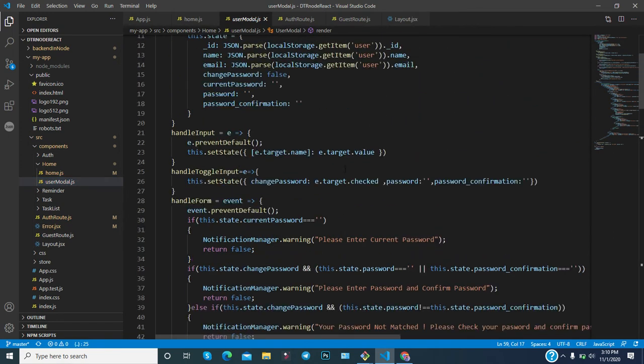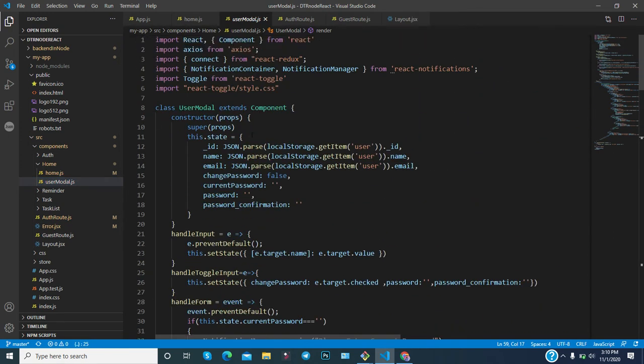Now here you can notice that this is the state. We have defined the state here. This is the class component. So don't confuse the class component with a functional component. A class component will provide you better functionality and a better approach to lots of other functionality to manage the component.